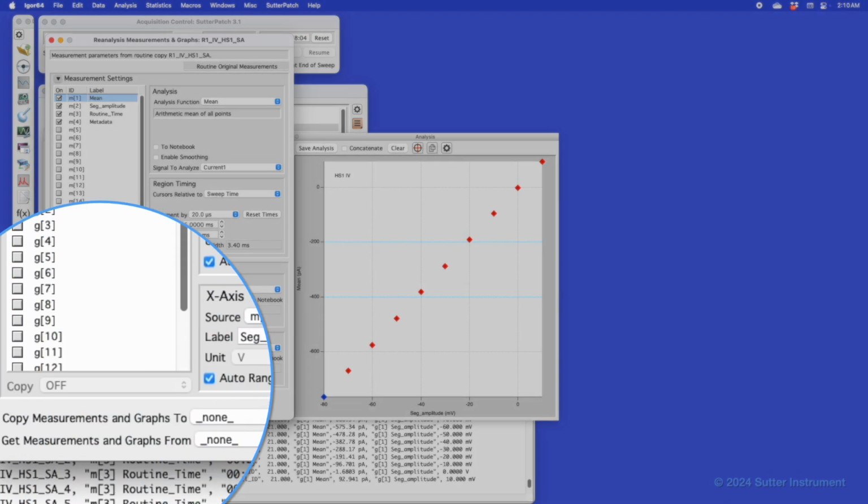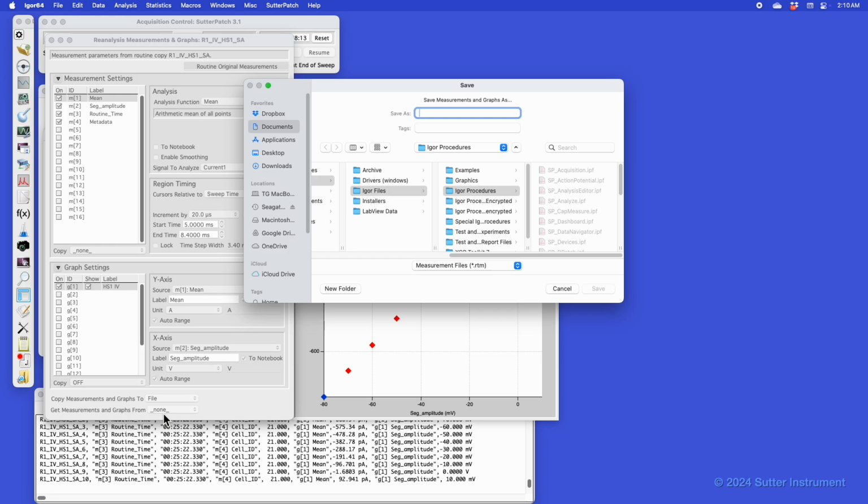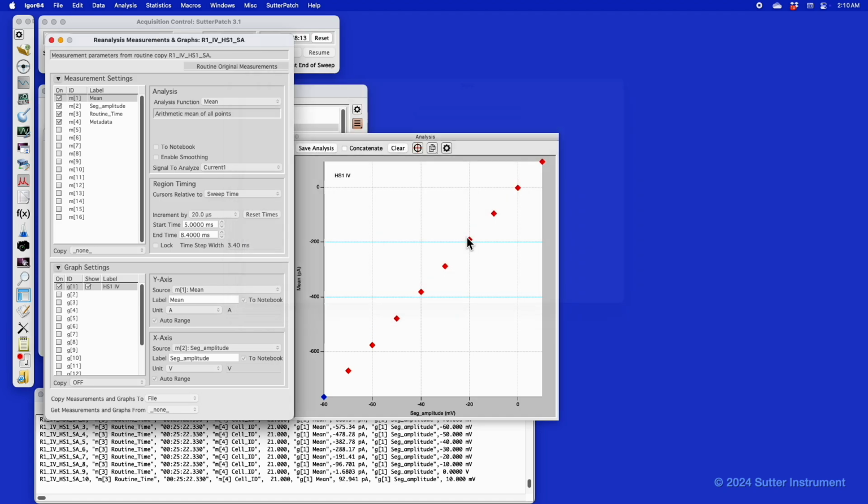So this is a new feature of where to get measurement information. You could get it from an existing routine, or you can get it now from a file. So you could actually store and get measurements that you store in a variety of measurement files. So we create a measurement file, and now we have this file available and to be used. And the nice thing about having it in a file is that when we load another experiment and we want to run the same measurements, we could easily get those measurements from that file by loading it from here.